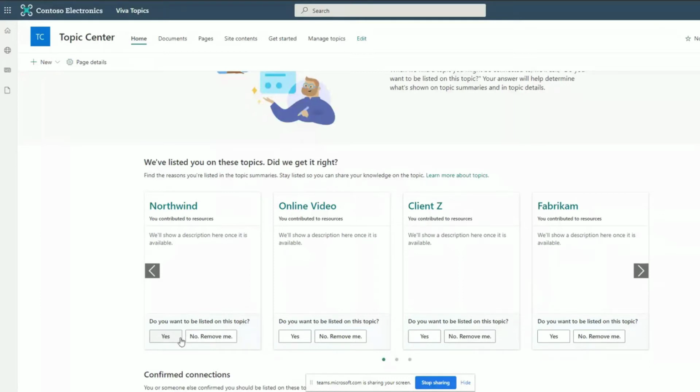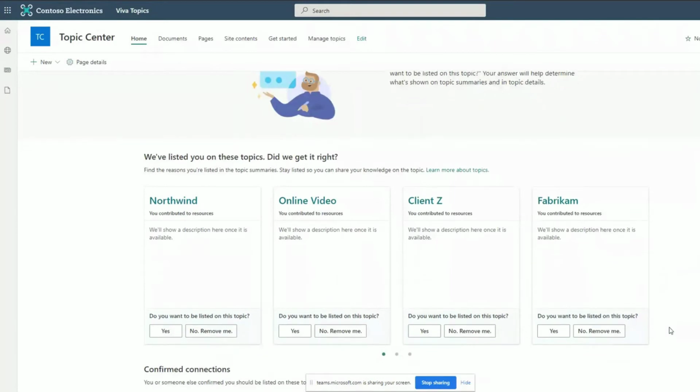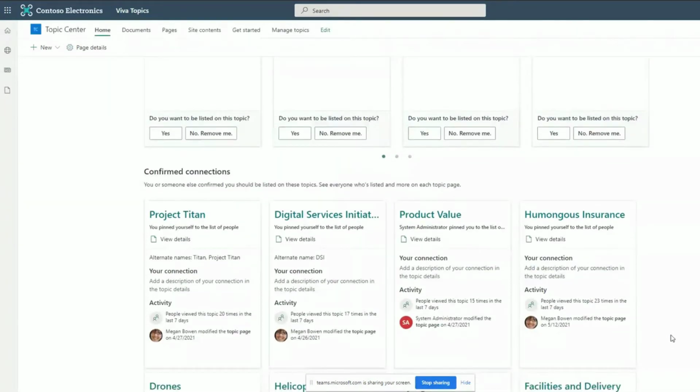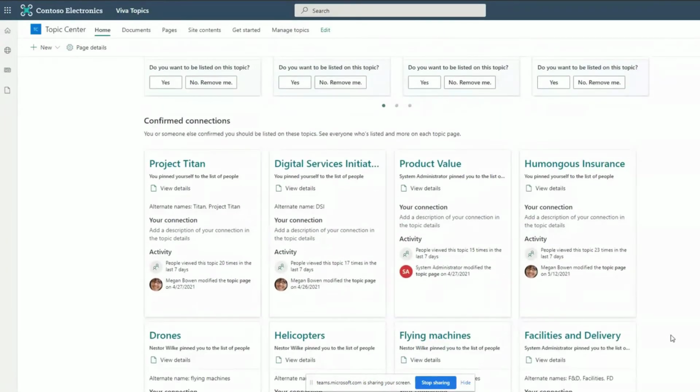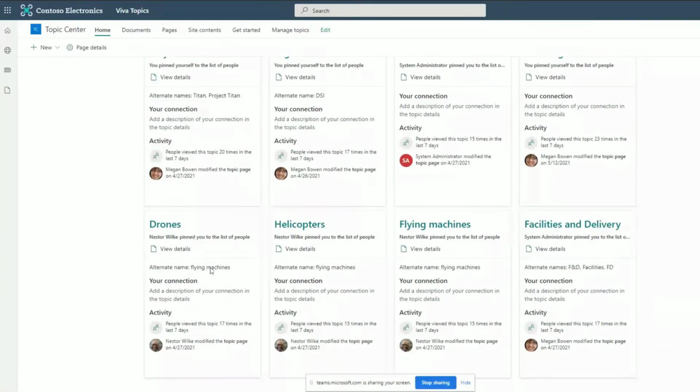So, do you want to be listed on this topic or not? You have that capability to define that. But then it also displays other topics that have been confirmed that this user is a subject matter expert on. So this gives you a sense of some of the topics. I'm logged in here as Megan